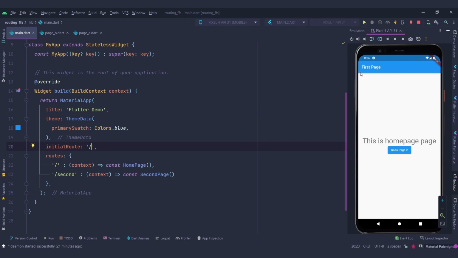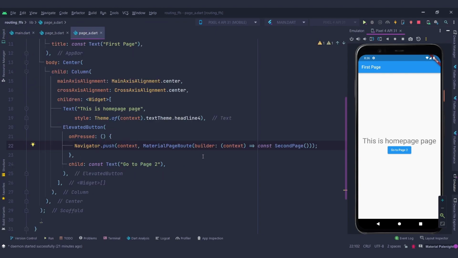So we got the first page, that is our home page, because that is our initial route. And if we go back to page A, and now if we want to go to page B, that is our second page, we have small changes in our syntax. We had navigator.push, just below that